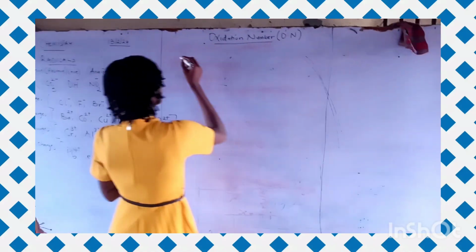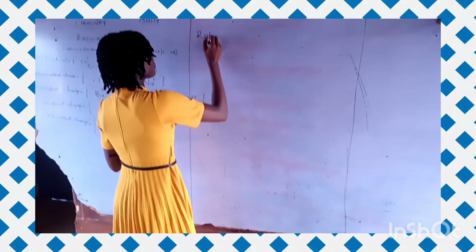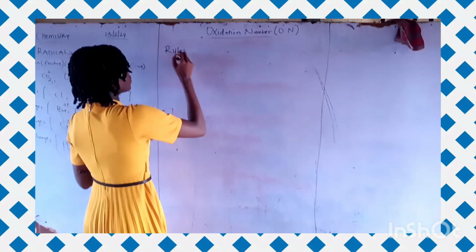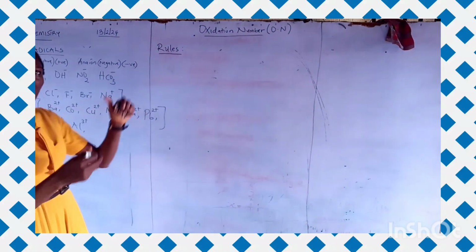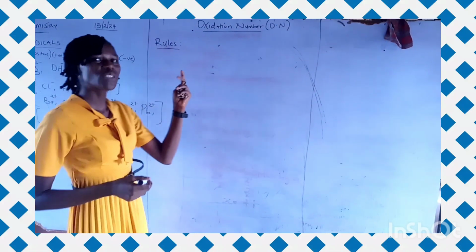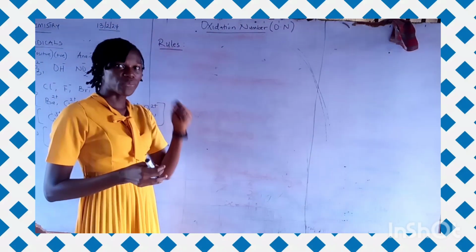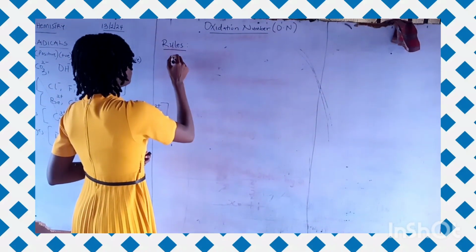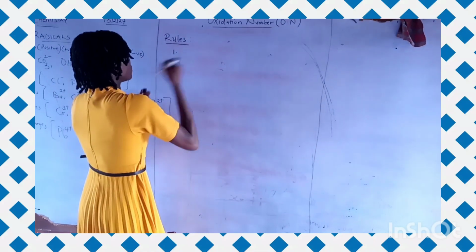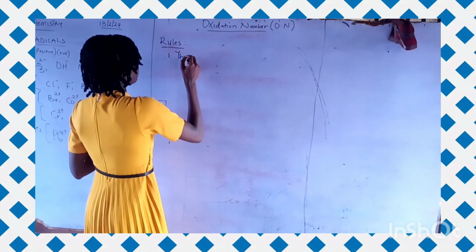There are rules assigned. If you want to know how to solve oxidation number, these rules are applicable for you to solve them very well. Now, the first rule is this: the oxidation number, that's ON,